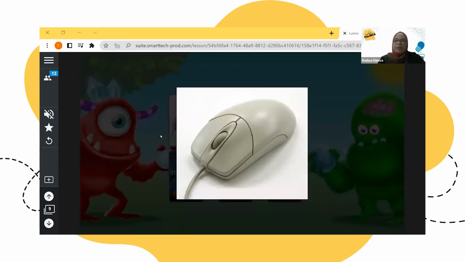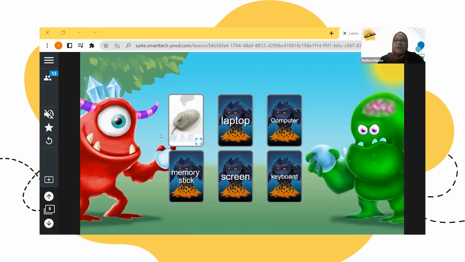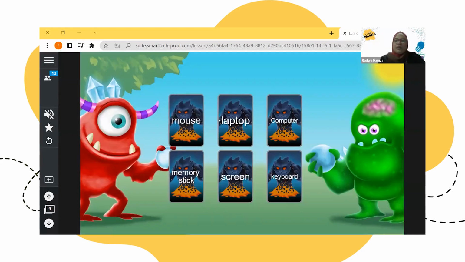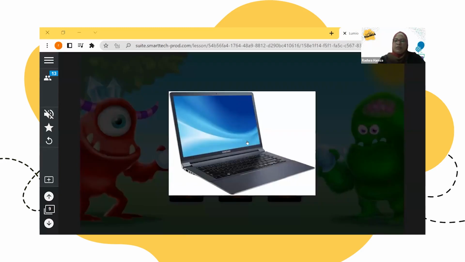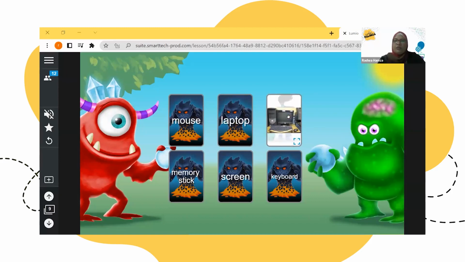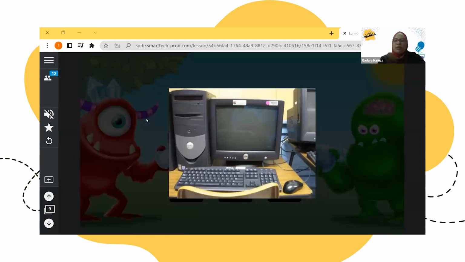So this flip card is a good way to present a new word with its picture. Another one, laptop. I can present it with its picture like that. Students can come to the board to click, or they can click from their own devices if you are teaching online. For the word computer, I also provide my students with a picture.